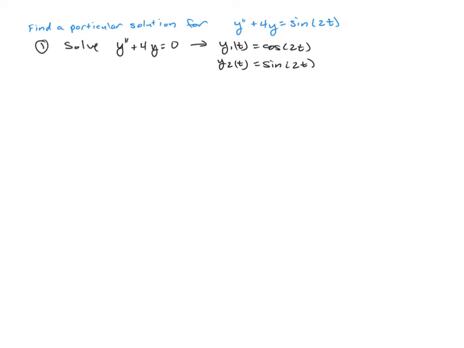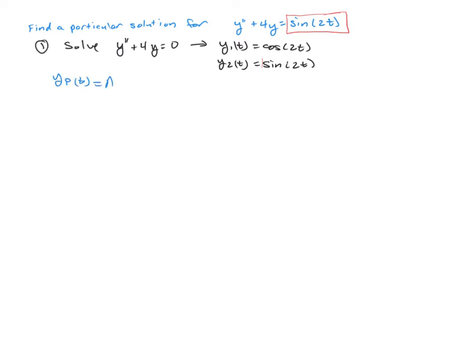And you'll now notice that the sine of 2t, which is our forcing term, is a linear combination of these two functions. In fact, you could just take 0 of the cosines and 1 of the sines to accomplish this. So we have to make very careful decisions when finding our particular solution. And to do this, we're going to form our yp of t